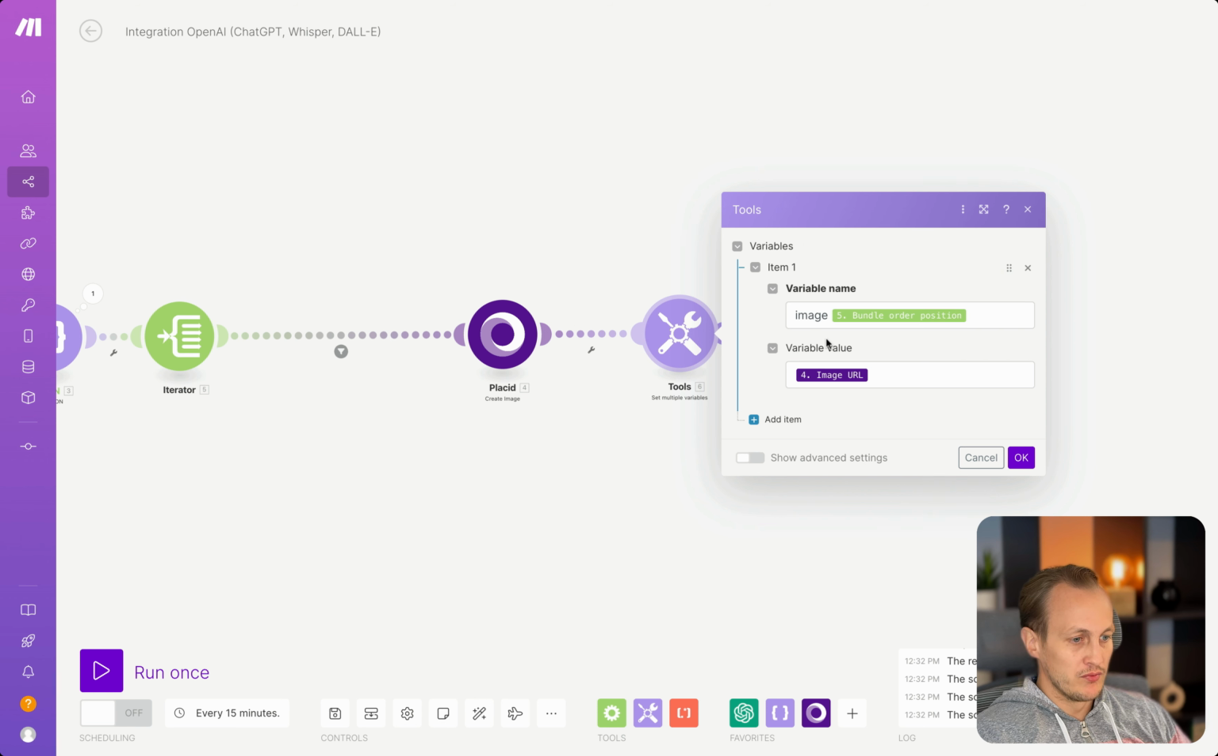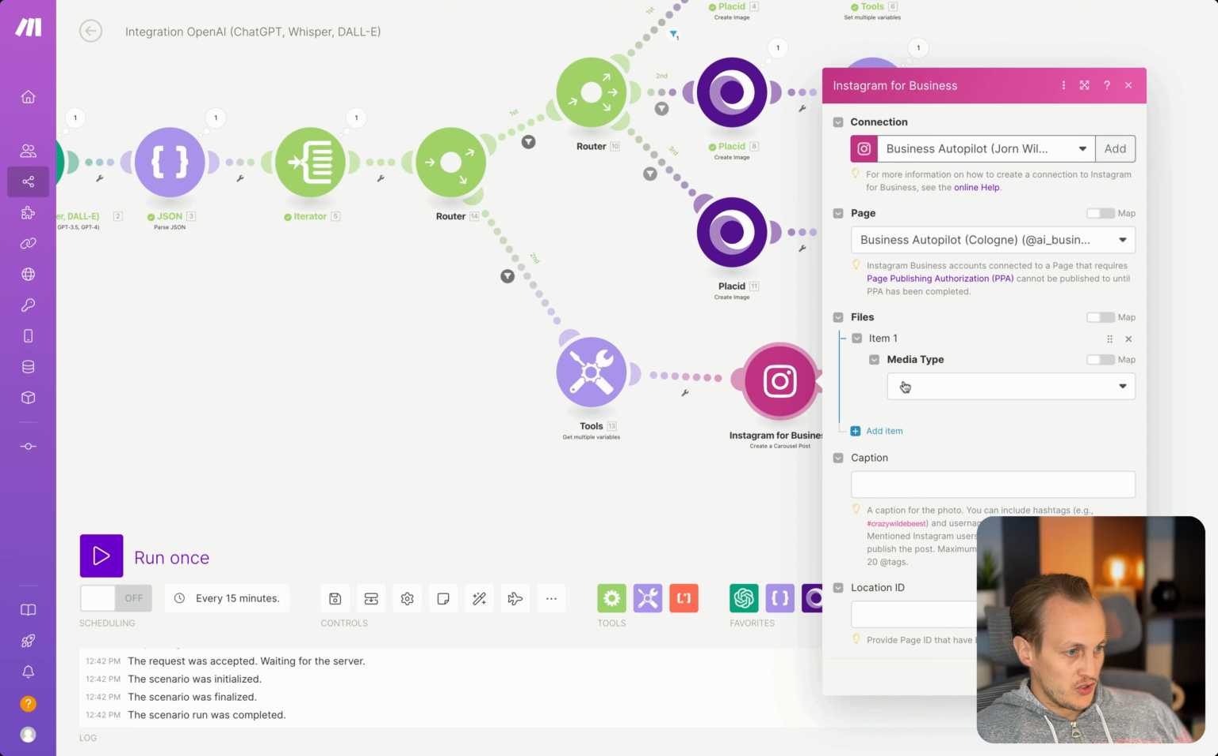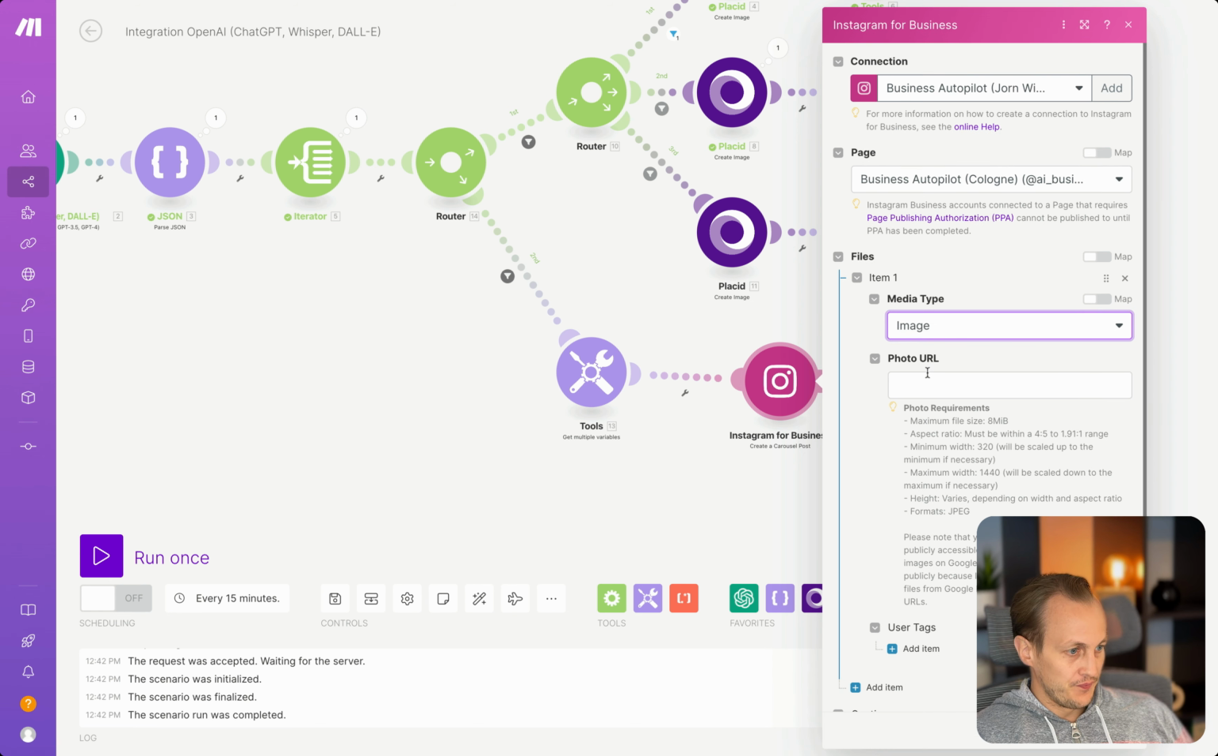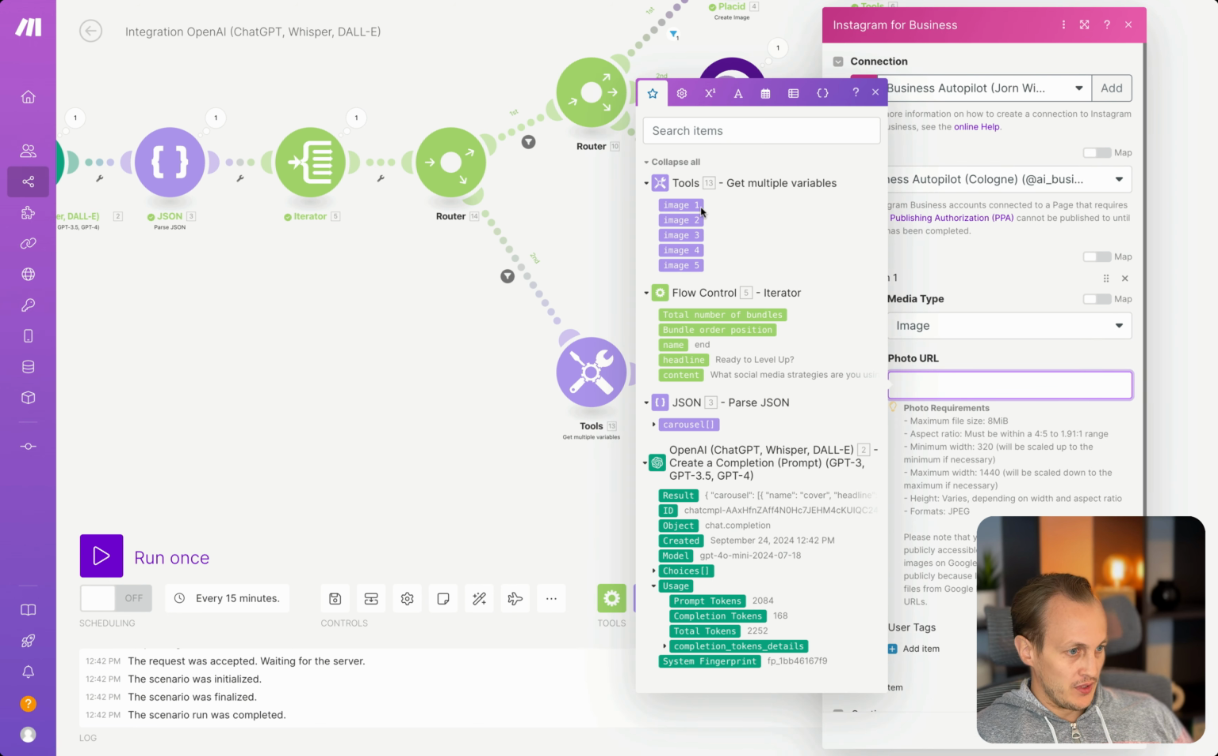For Instagram, we need to have an Instagram business account. And there's a module here called Instagram for Business. You can pull this and then select create carousel post. And here we just upload or put in the images. So image number 1, and we put here image 1. We don't need tags. Then again image 2, put in image 2,